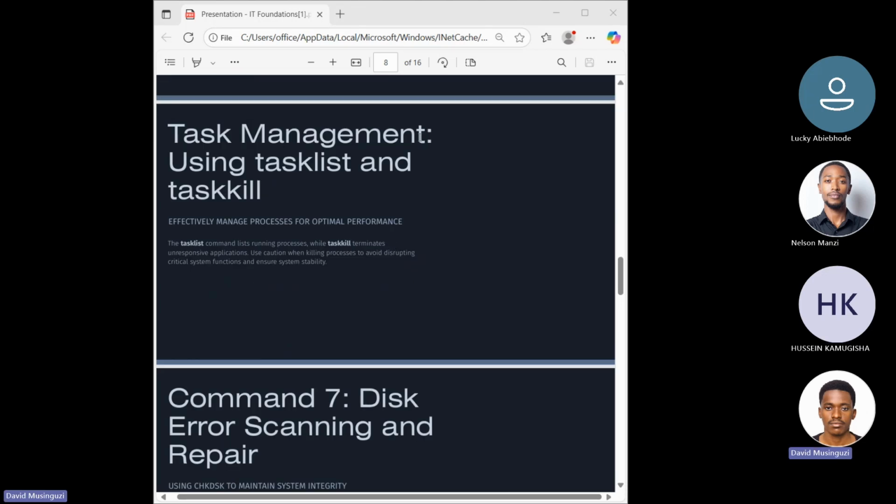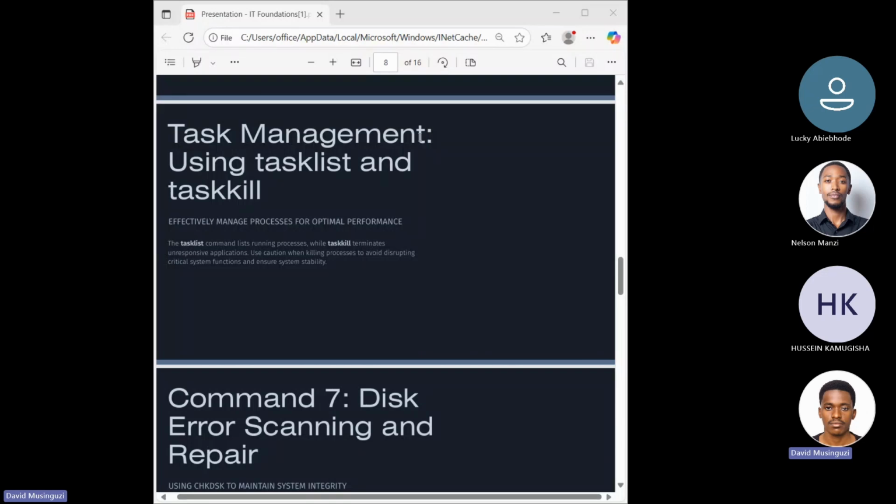Okay. Then we are going to go to task management using tasklist and taskkill. Do you know how to open up your task manager? Yeah. You've seen the list of processes. The tasklist command lists running processes while taskkill terminates unresponsive applications.